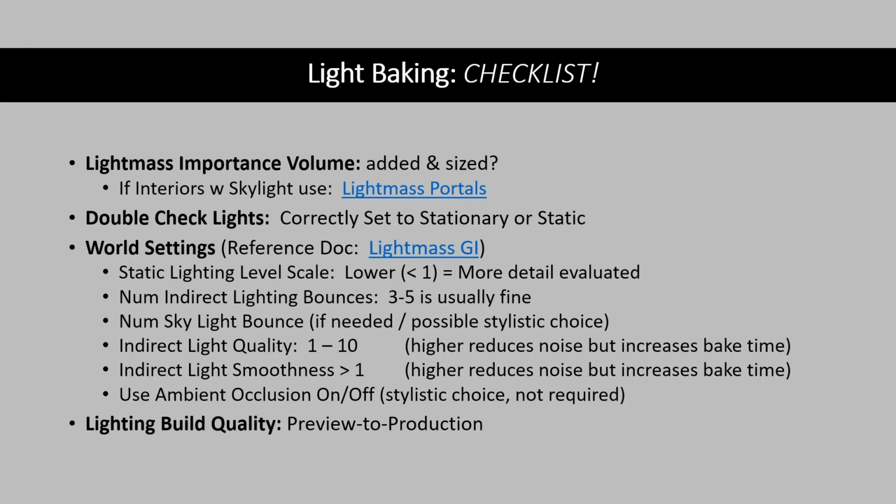And finally, there's other stylistic choices, right? If you have ambient occlusion, now GI automatically calculates and will deliver ambient occlusion, but sometimes you want a little extra ambient occlusion, so you can turn that on and dial in certain settings to make your scene just look like the way you want it.